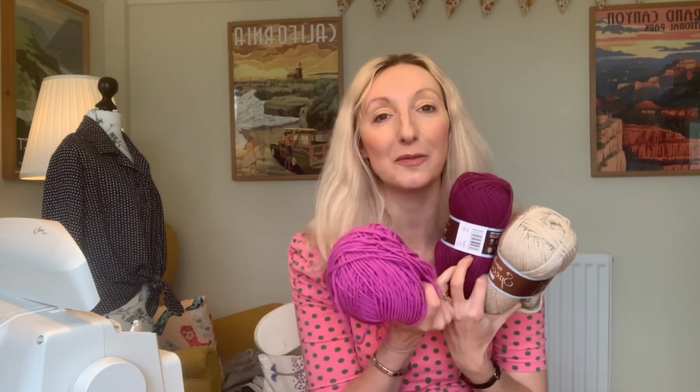I've actually dug out from my book collection a crochet book that I got a while ago, I think my husband might have bought it for me for Christmas. So I think that's going to be really helpful. I'm hoping that I'm going to get better at crochet because I've got all of this yarn to get through. I am hoping that I'm going to make a little baby blanket for William,